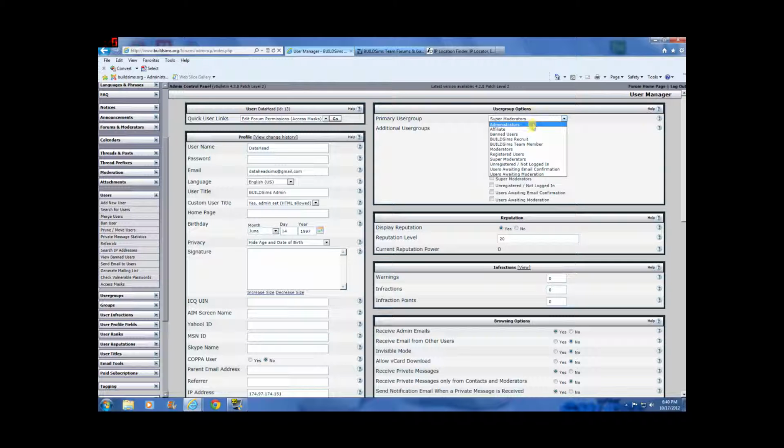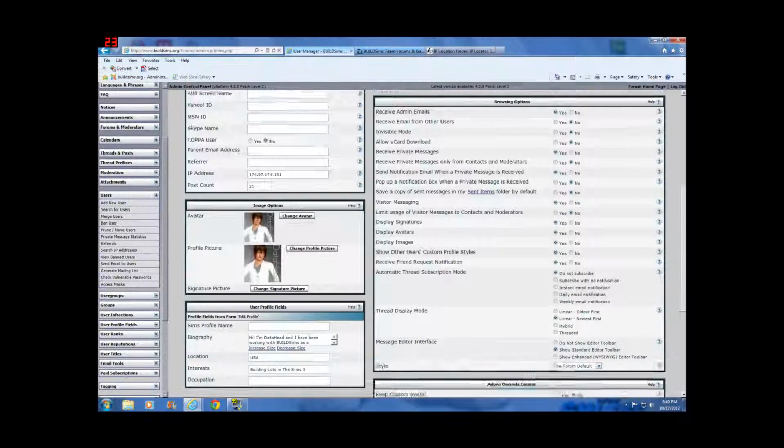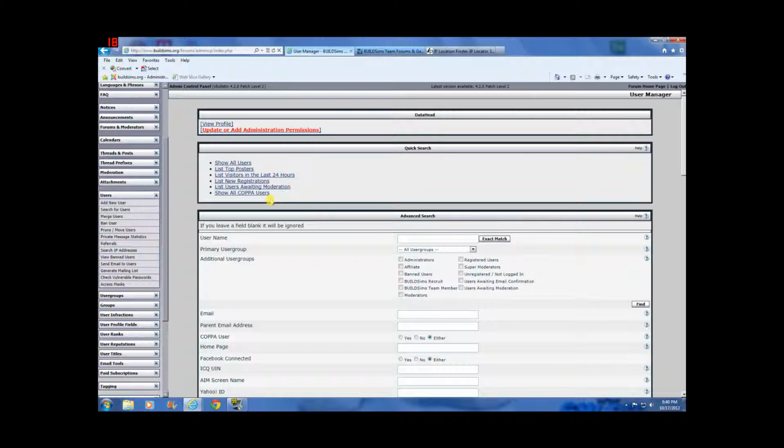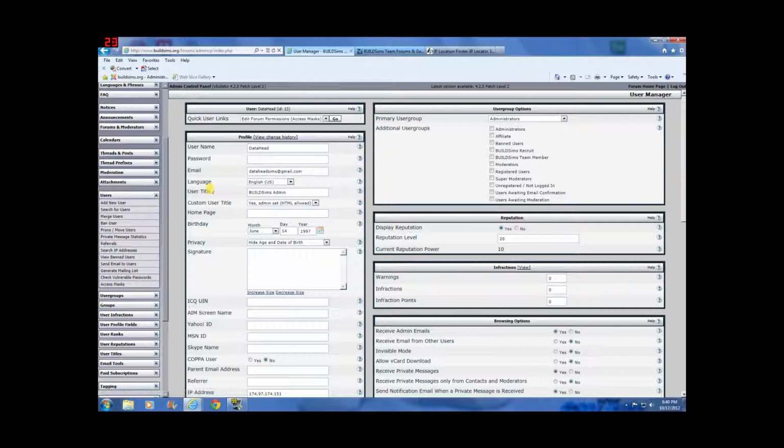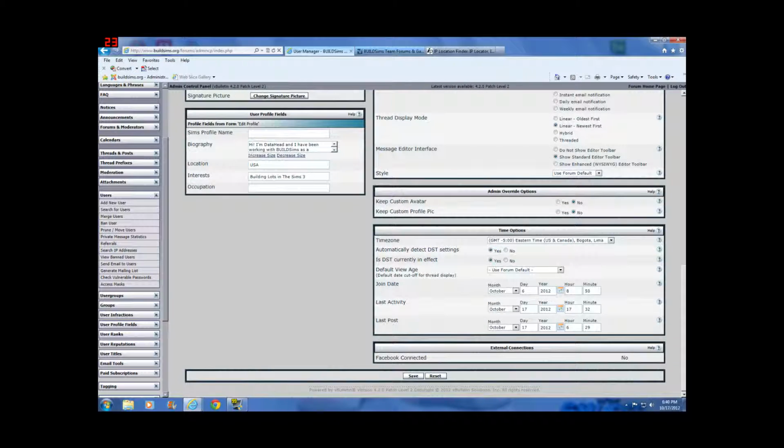What I'm going to do is actually switch him to an admin, just so you can see how to do it. I'm going to save. And if you notice right here, you see it turns red because now it wants me to go in and change his admin permissions. That's why nobody's an admin on here except for you and me. I think Frank has some very limited options. But what I want you to see is if I check any other one of these groups at the bottom and team member, and I hit save,